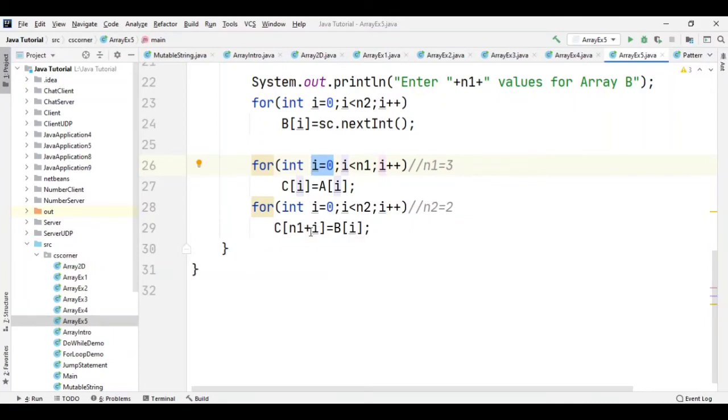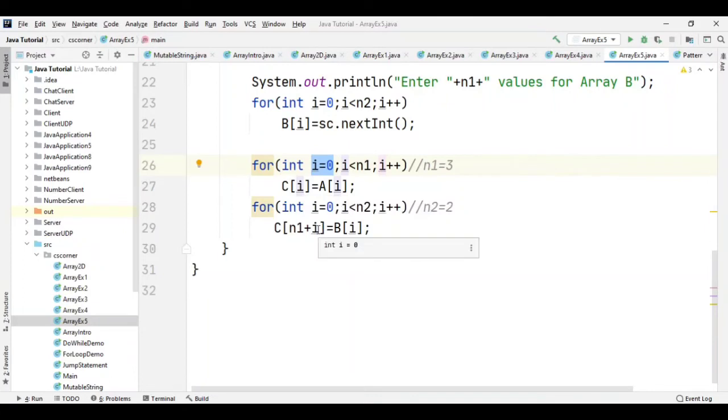Okay, so n1 plus i, then again i will increment in my second loop and become 1. So I'll get 3 plus 1, that is 4. At the fourth position, the second value of my second array will be assigned. So now my array is over, and the values have been copied to my destination array, that is the C array.